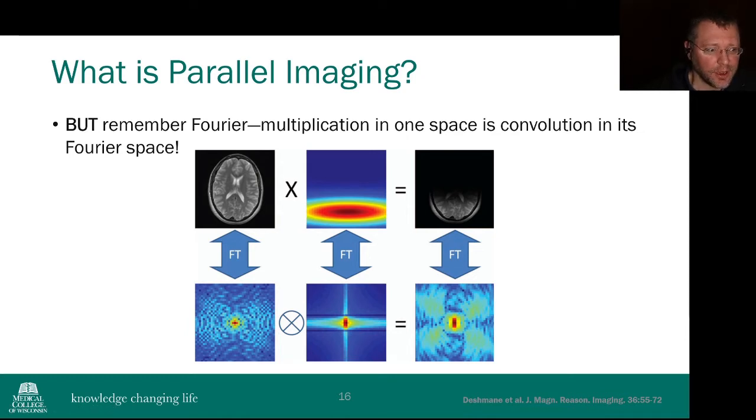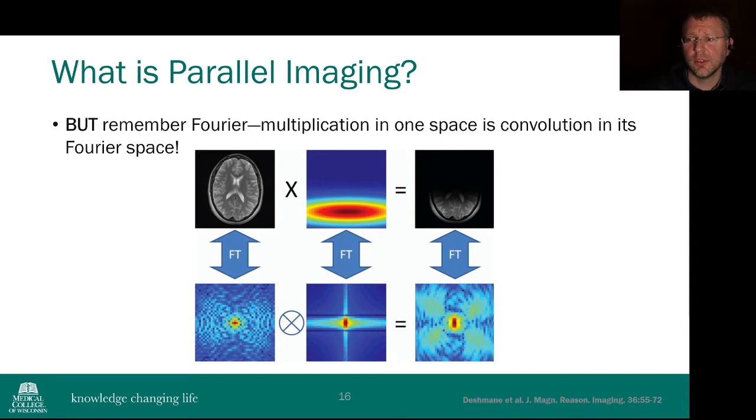But I will talk a little bit here about the Fourier theory, and specifically, as I said before, we're encoding the Fourier transform of the object we're imaging. There are different properties of the Fourier transform, and one of them is called the convolution theorem. The idea of the convolution theorem is that if you do a multiplication in one space, say image space, and you take the Fourier transform of that,